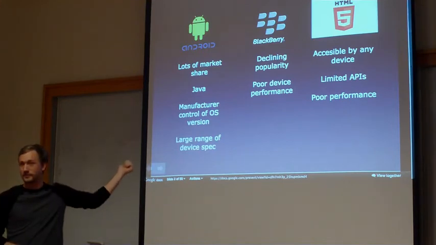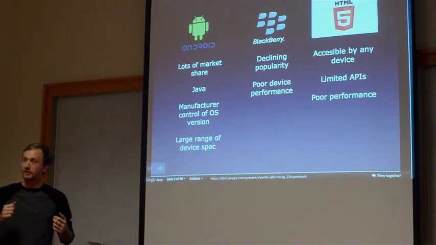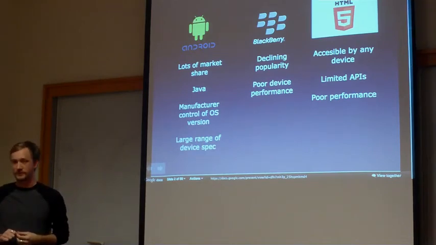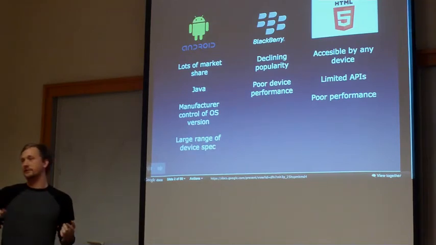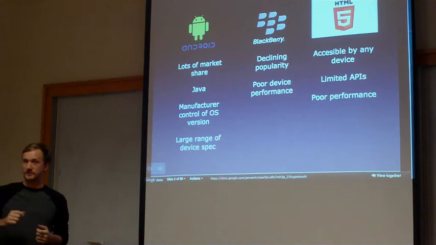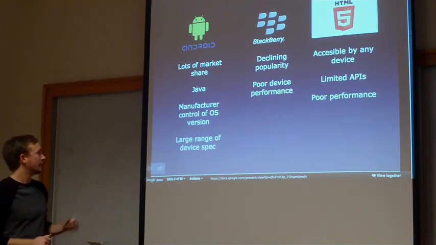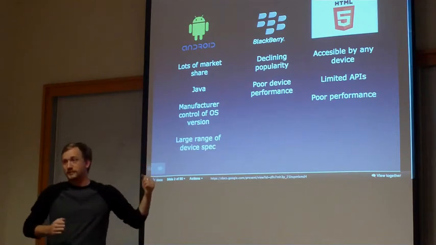Speaking of hardware with Android, that's another huge, huge issue. Hardware and software. There are hundreds of different types of Android phones. You're running Ice Cream Sandwich, you're running Gingerbread, you're running 2.2, and some of the older crap is running even worse stuff. So compatibility and testing is a nightmare. Absolute nightmare.